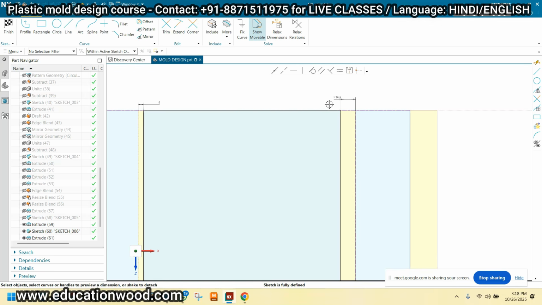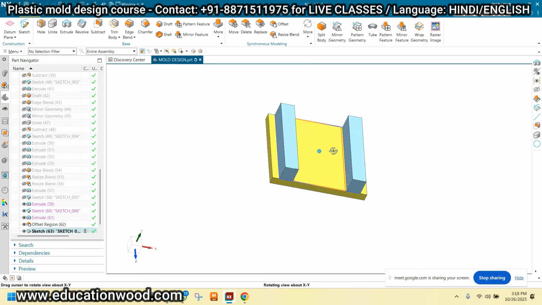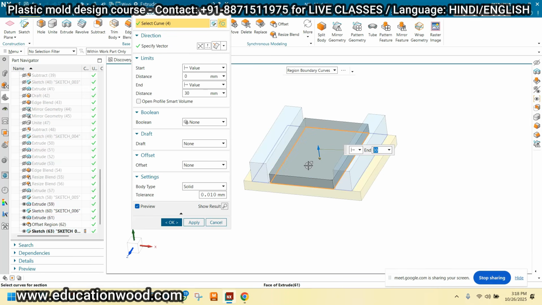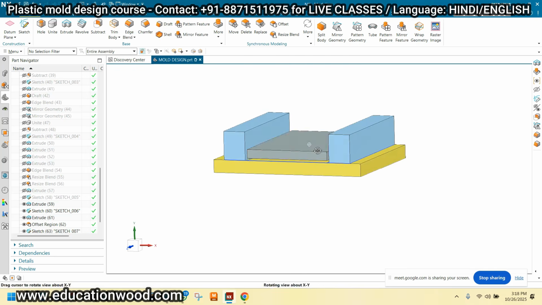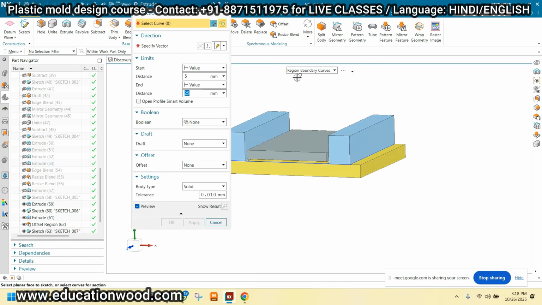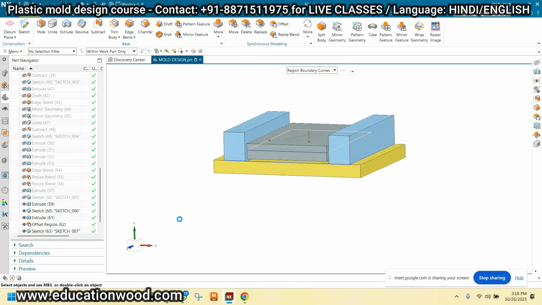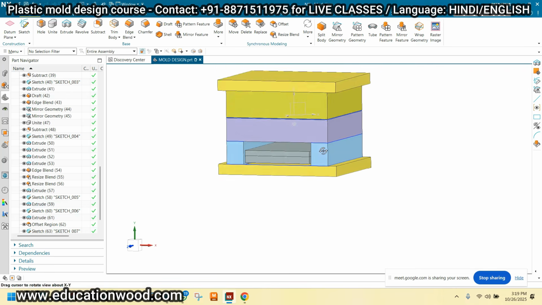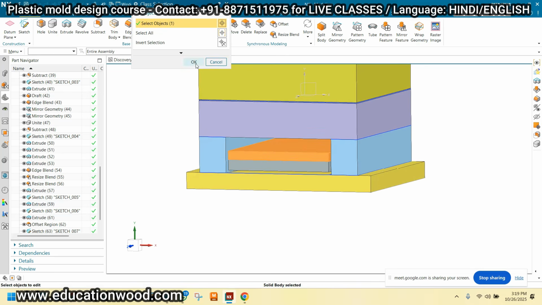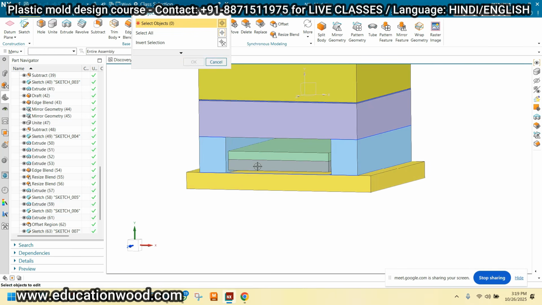5 mm. Okay. And just click OK. Just extrude this. Take the 5 mm from here. Take the 25 mm here and just click OK. And I'm extruding this. From the reference, 0, it will be the 15 mm and just click OK. See, like this, right? Okay. This is the ejector plate and ejector back plate.